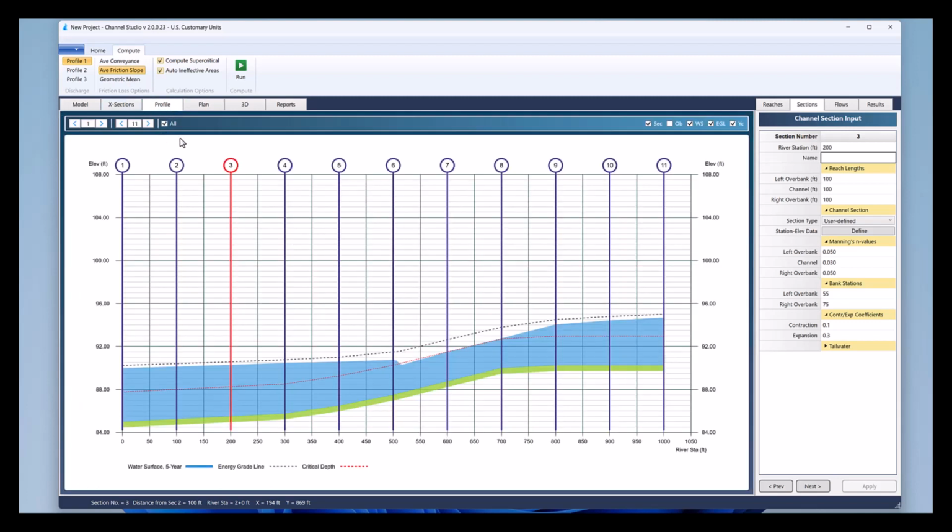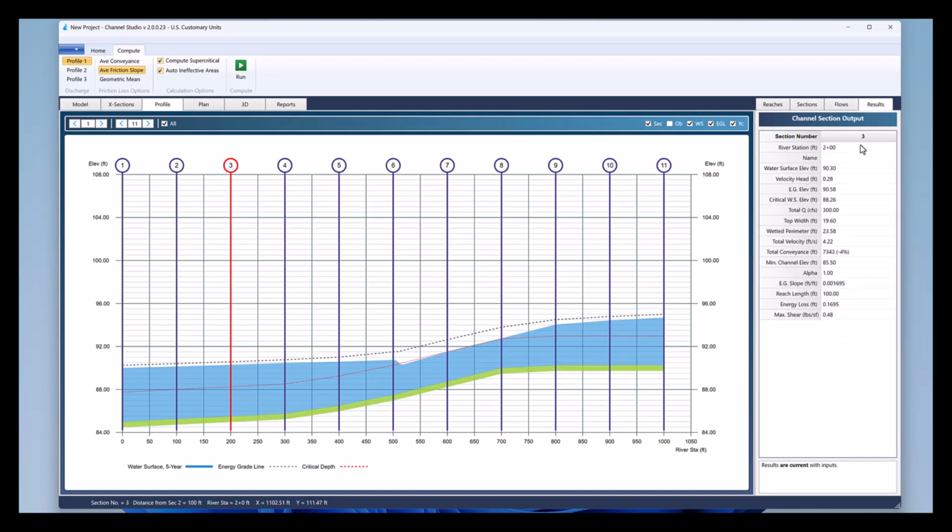Also, on your profile or any of these reports, you see a results tab over here. And this is section specific, and you can just go to each cross section and you can see all the individual conveyance, the alpha, energy grade line slope, shear, and things like that. And if you keep going through, you'll see